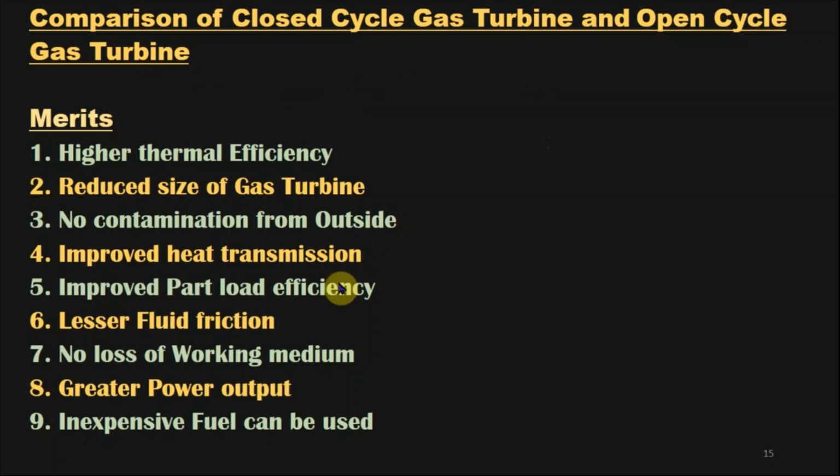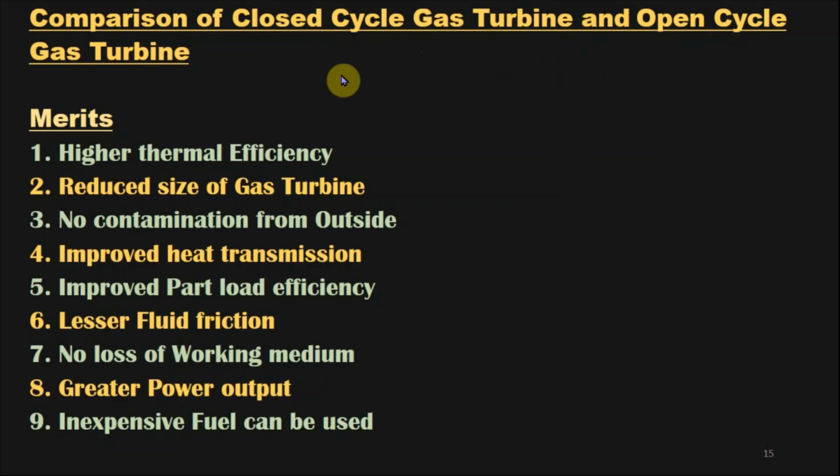Lesser fluid friction is involved in the case of closed cycle gas turbine compared to open cycle gas turbine. There is no loss of working substance or working medium in the case of closed cycle gas turbine. And we can expect greater power output for a given size from closed cycle gas turbine compared to open cycle